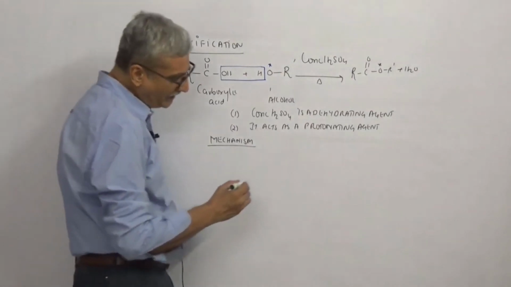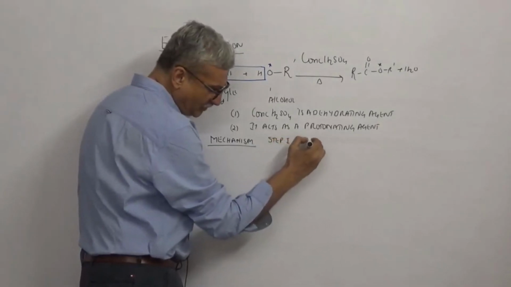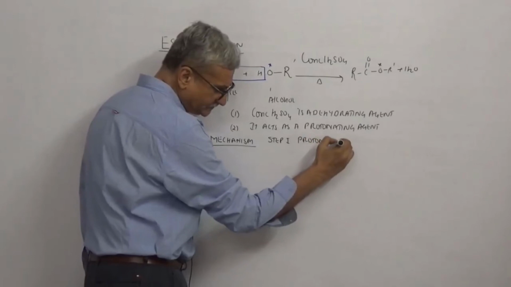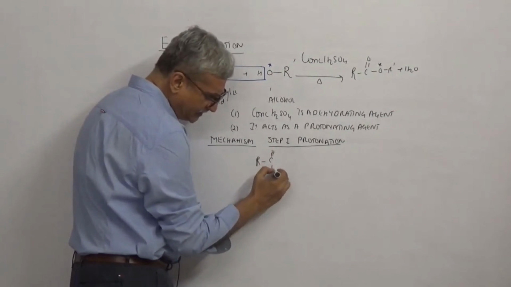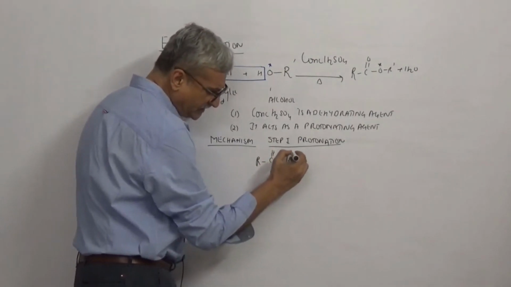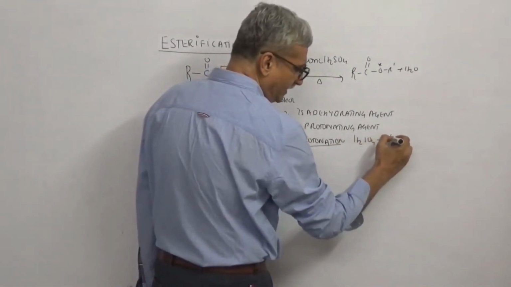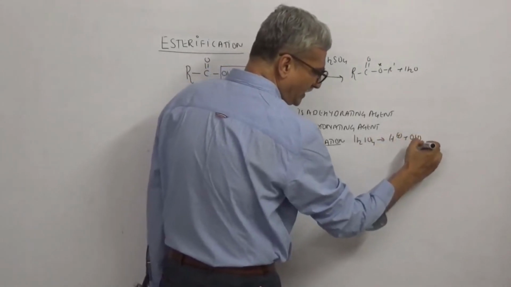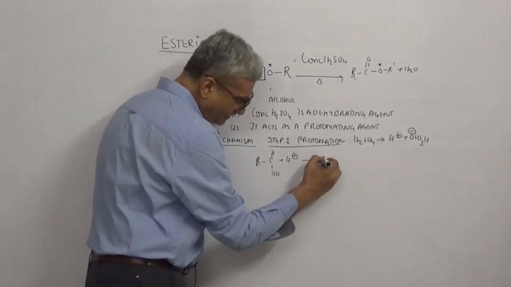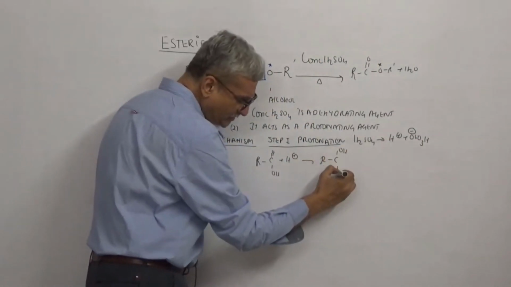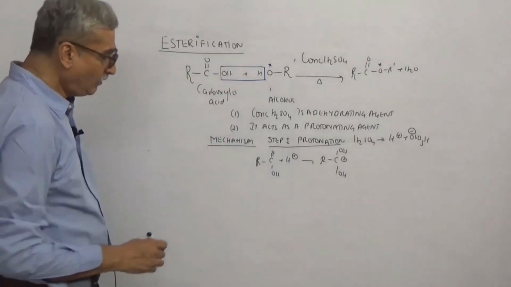Okay. See, step 1 is protonation. So you have R C double bond OOH. It is attacked by proton. Where is the source of proton? Sulfuric acid forms H plus and OSO3H minus. So what is going to happen? You have RC(OH)OH plus, so it's a carbonium ion intermediate. Now what is going to happen?